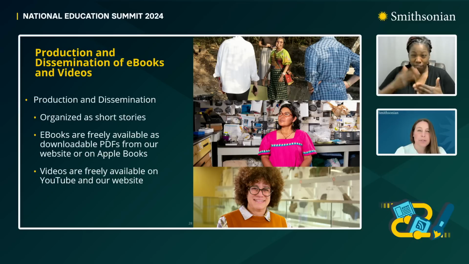The stories in the ebooks are about one single Word document page, but it's spread out into 2 to 4 ebook pages with photos and illustrations. The videos are 10 to 12 minutes long, featuring 3 women each, so you get about 2 to 5 minutes on each woman's story. And it really allows a very absorbable amount of information in a short amount of time. They can be played in classrooms or watched at home. You're not using all of your battery to get through an ebook or a video series.